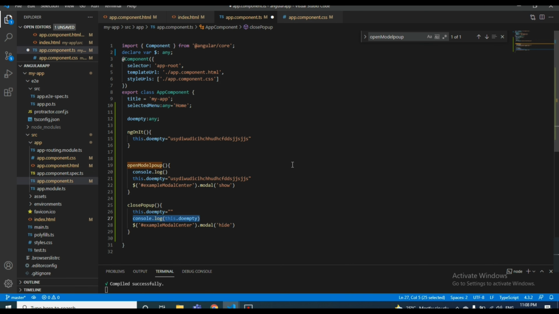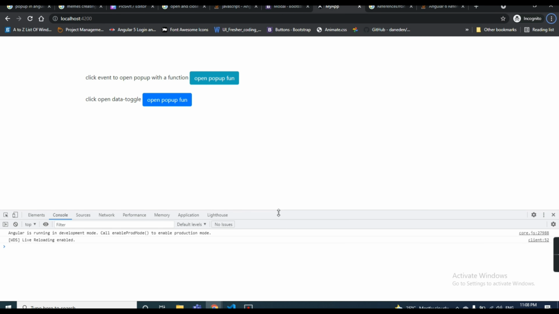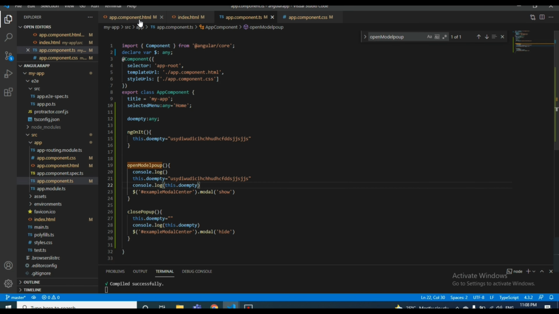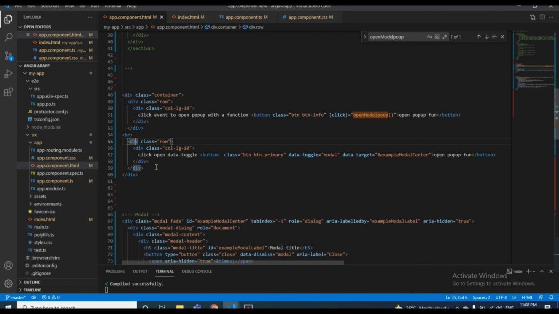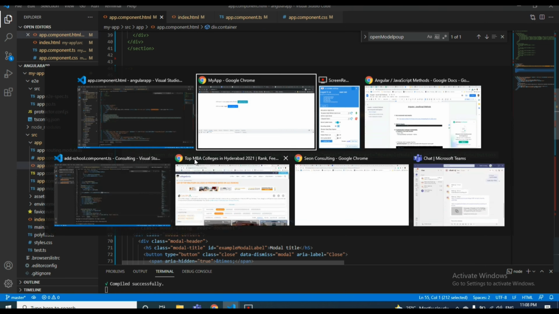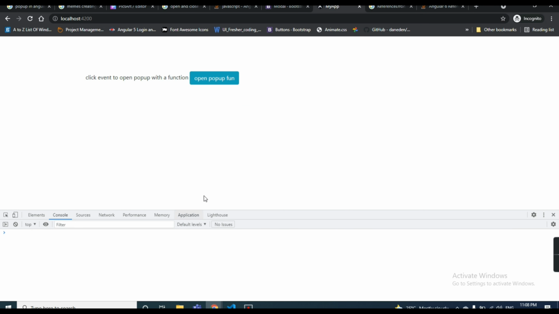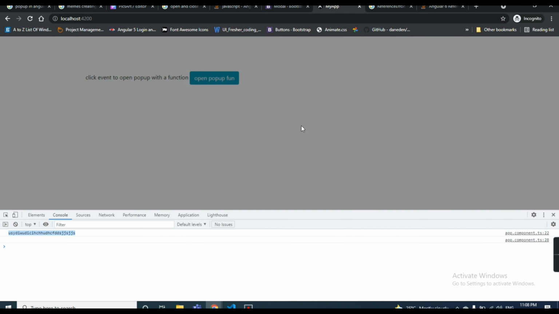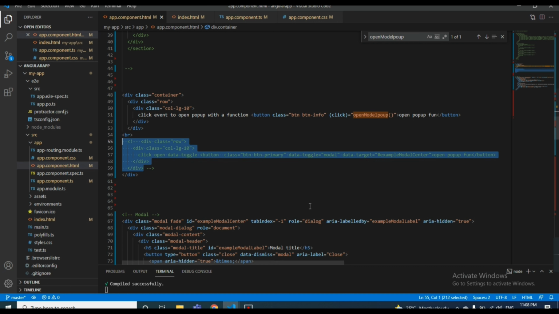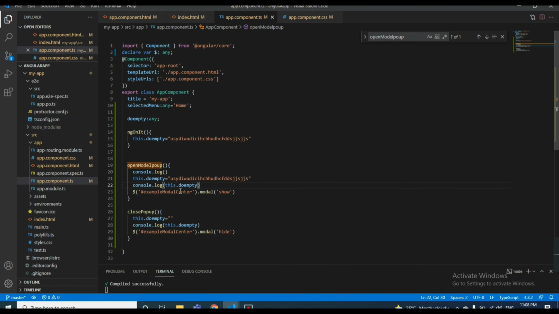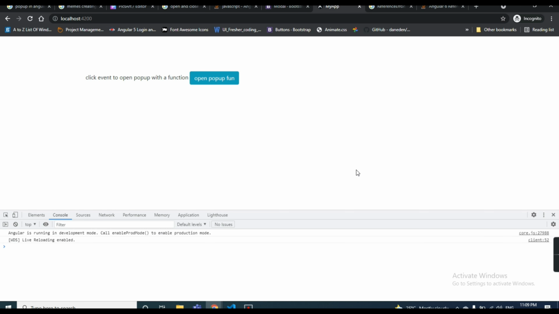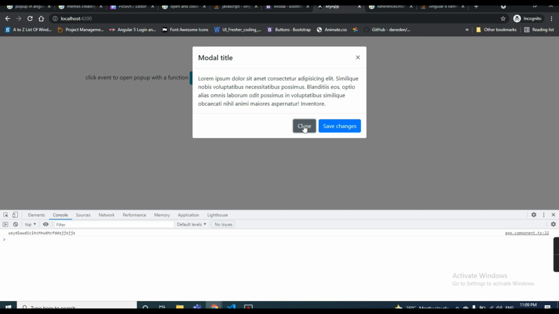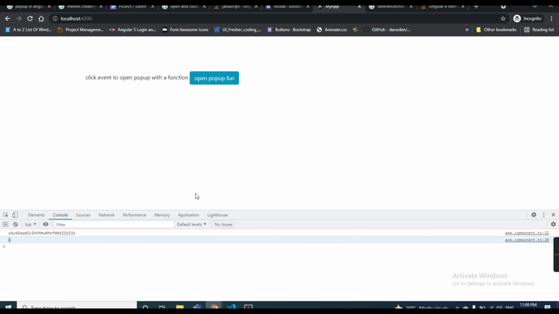I have kept the console. I will keep the console in the open function also. I will remove this second function and second button too. Now it's reloaded. I am clearing the data. See, we have got the console data in the console. I don't empty it in the closing pop-up, I give one. Save. Clear this. Open, I got the data. After closing, I got one.